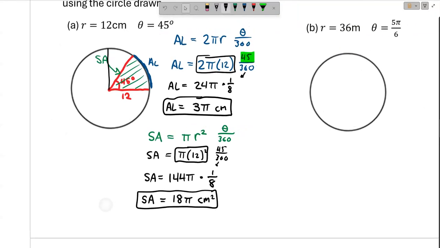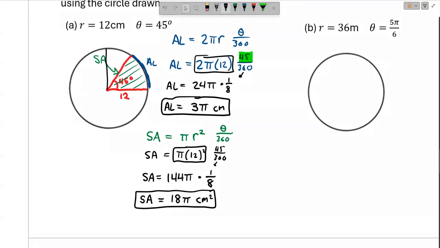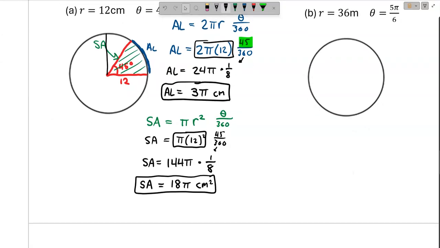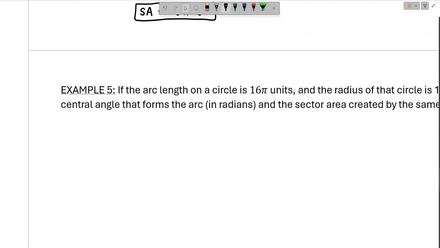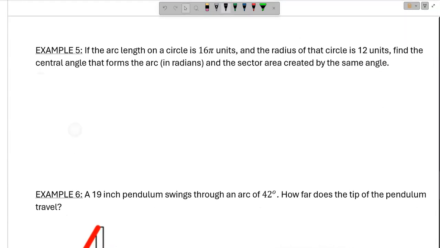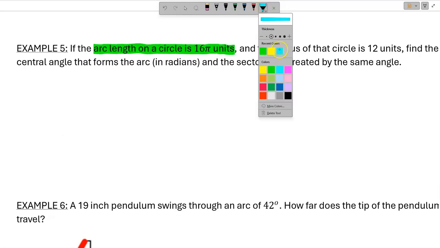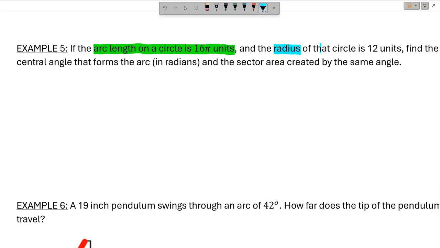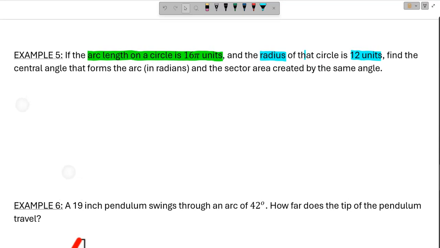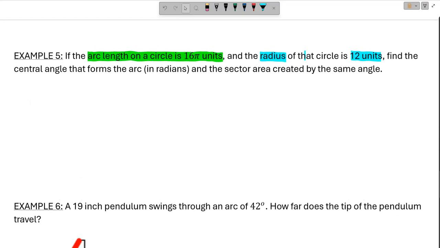For the last section here, we're going to skip the things we've been skipping, we'll come back to in part 2. For the last problem I want you to try is example 5. In this case, I am going to give you the arc length of a circle. And then in addition, I am also going to give you the radius of that circle. And what I want you to do is to first find that central angle, find that theta that is going